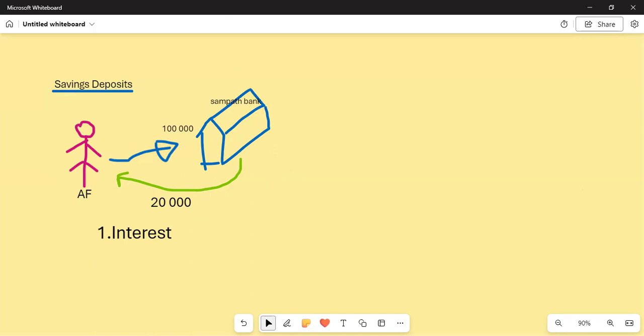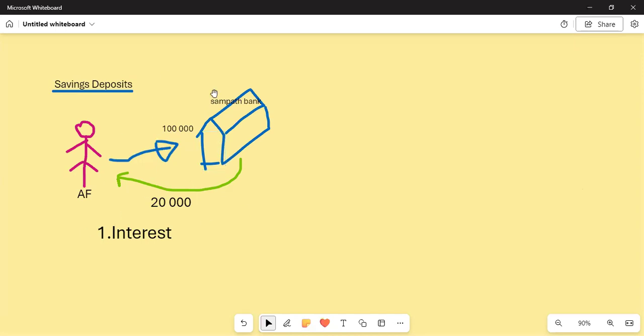Am I clear? And also, for example, now I'm in an emergency. I can go to the bank and withdraw. If not, if I have a debit card and all, I can withdraw. Most of the people are using that only, the savings account, which is very easy to use. Therefore, interest is one benefit, and there are also other benefits. You can use a debit card to withdraw money from an ATM. You don't have to go to the bank, and you can withdraw the money from the ATM.